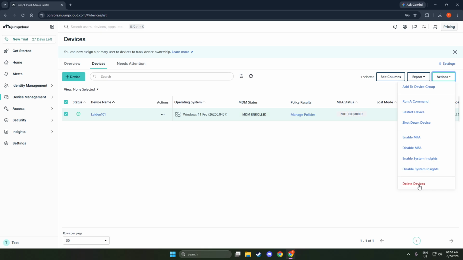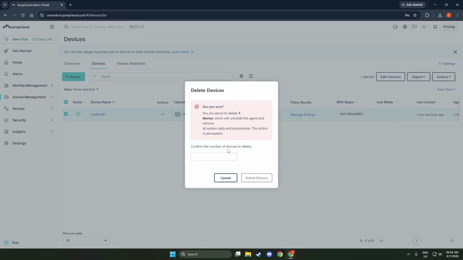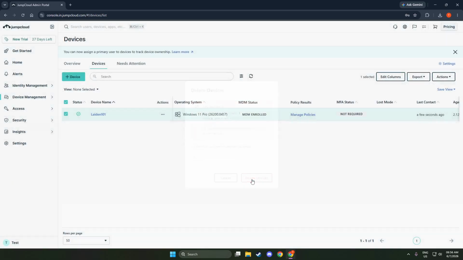In other words, you don't need to manually uninstall the software on the Windows machine if the device is active and communicating properly. If the system is not currently active or not reporting, the automatic removal may not happen right away. In that case, you may need to wait until the device checks in again before the uninstall completes through the platform. So before deleting, it's helpful to verify the status to avoid confusion later, and that's the full process.